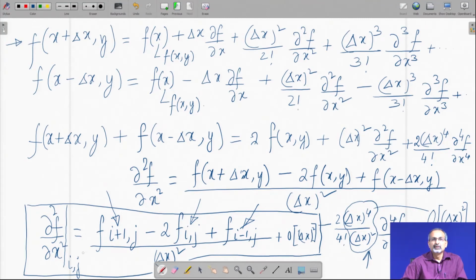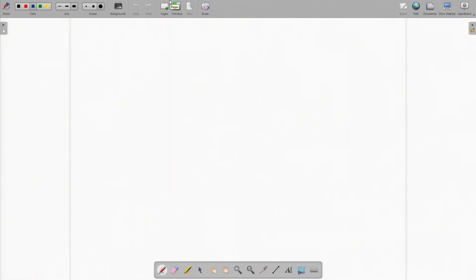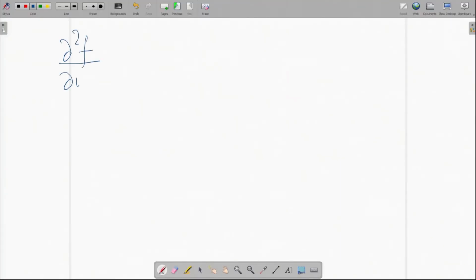So, if you follow a similar procedure and expand in a Taylor series with f of x comma y plus delta y and f of x comma y minus delta y, you should be able to get a similar looking formula for the second derivative with respect to y at the grid point i j. We can in fact try writing it intuitively. So, we can write it as